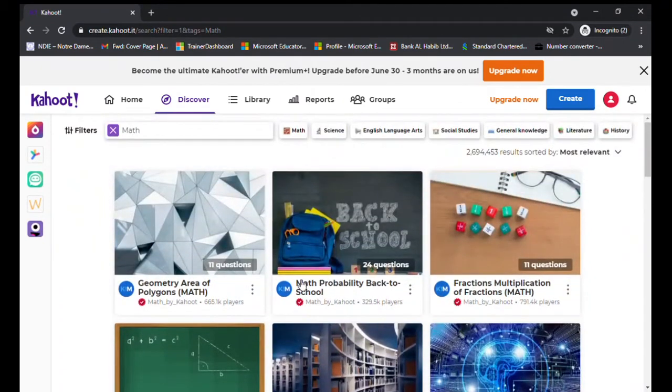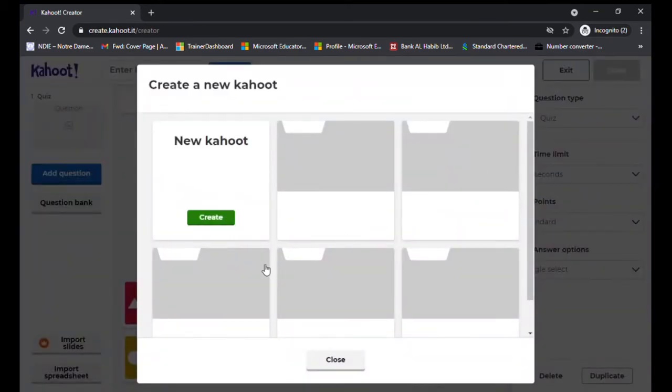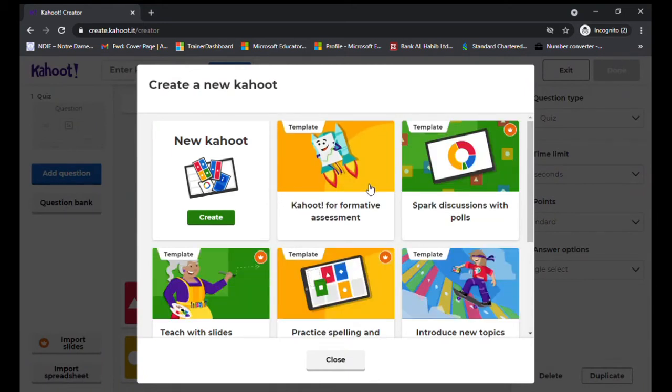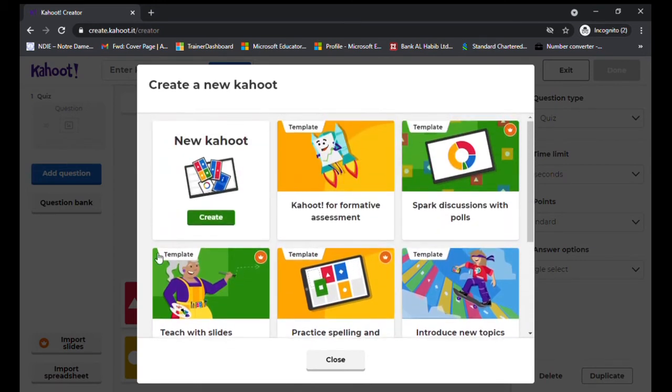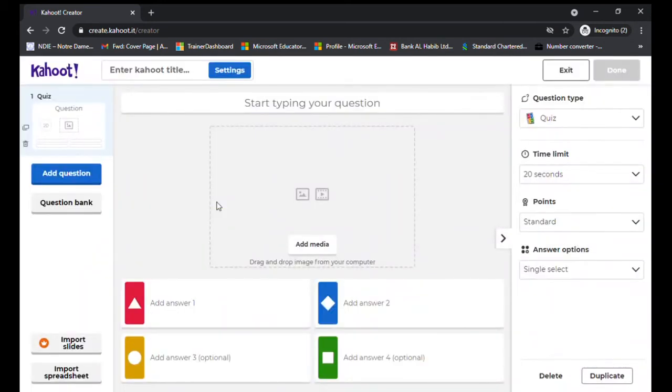But again, if you wanted to create your own quiz, over here this is the option, Create. Upgrade now. If you wanted to take more benefits, you wanted to take a license one, you have to click on Upgrade now. Otherwise, for the basic one, you can use Create. Once you click Create, they will ask you another option. See, wherever this crown is coming, it means this is a paid version. If you wanted to use the free one or the basic one, you use just create one.